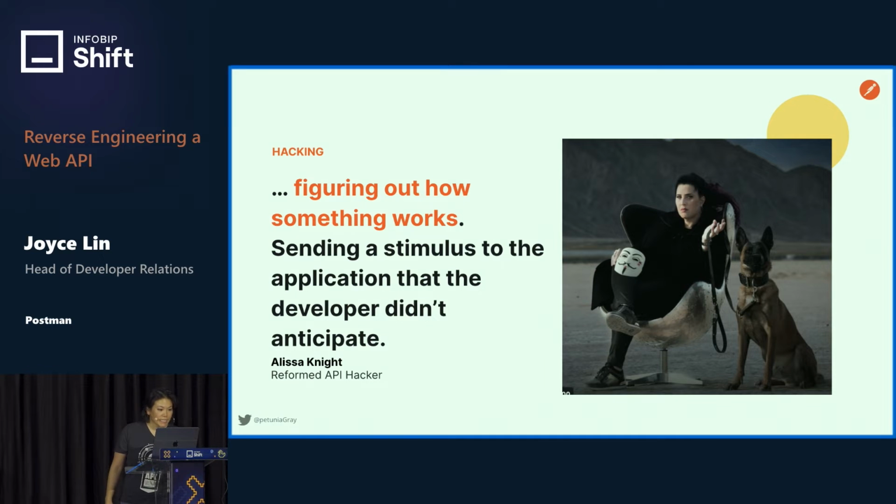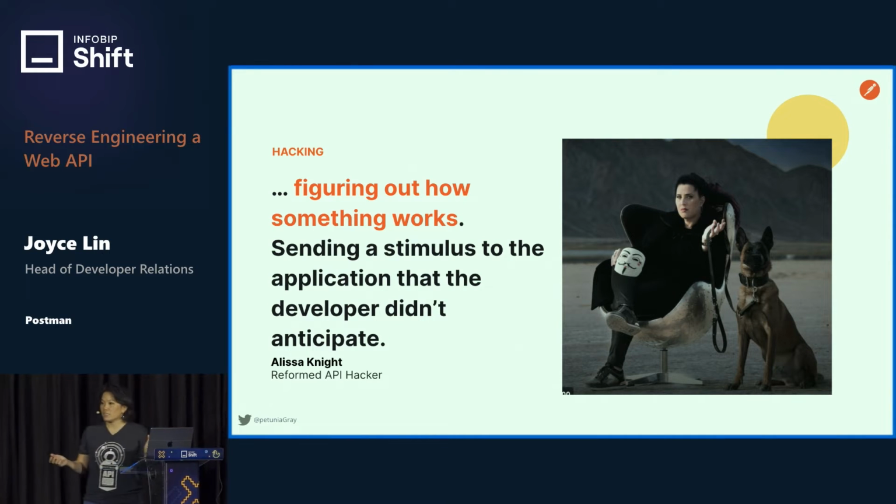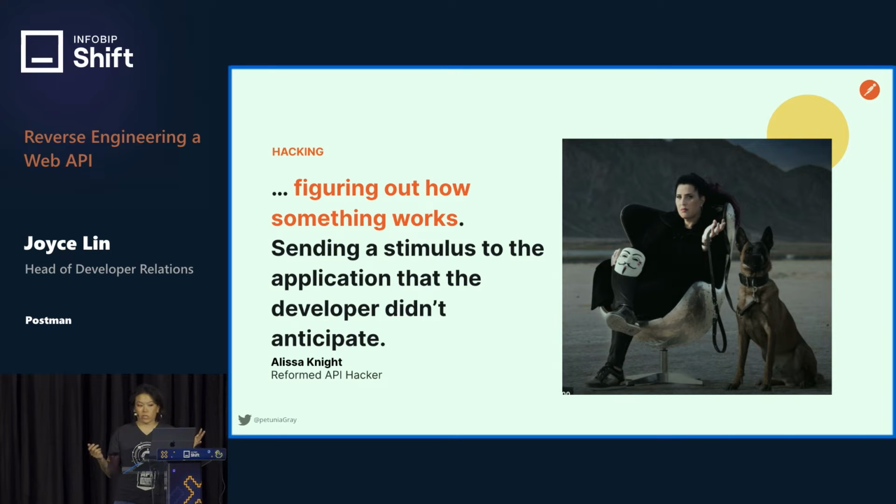So this is Alyssa Knight. She calls herself a reformed API hacker, says all hacking is figuring out how something works. Okay? So security engineers and quality engineers are really good at this. They're naturally inclined to break something down to figure out how something works. But for the rest of us,